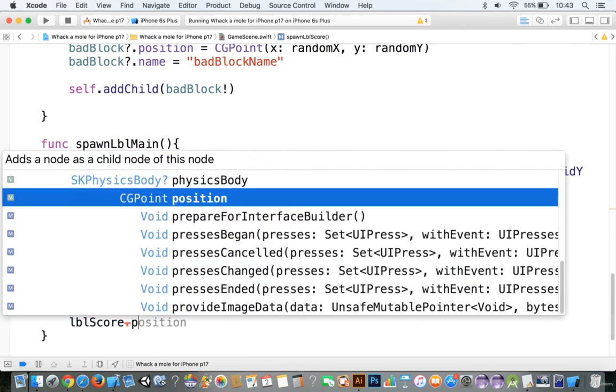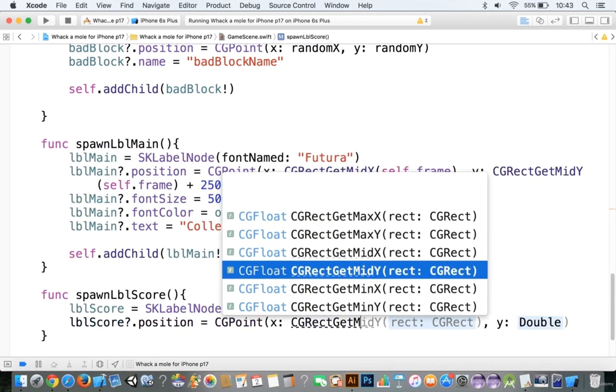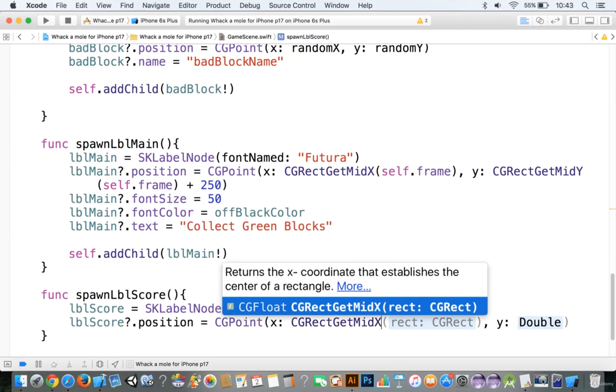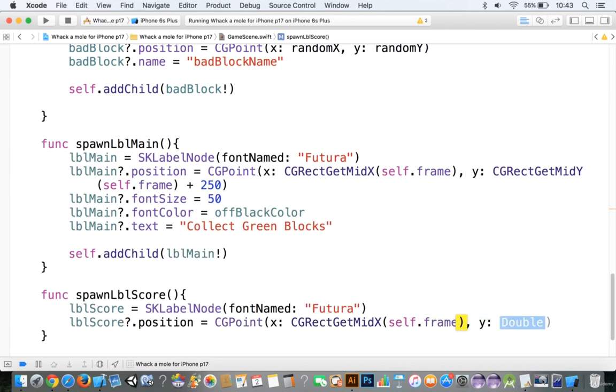LBL score dot position is equal to CG point, and that CG point is going to be CG rect get mid x self.frame, CG rect get mid y self.frame, and then we're going to subtract 350, so that will put it towards the